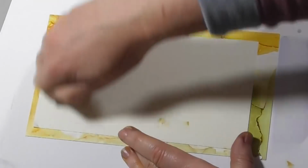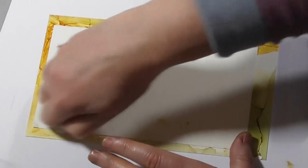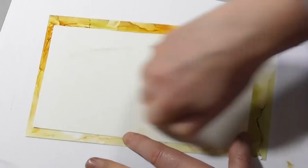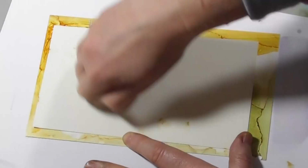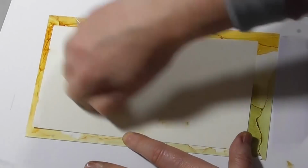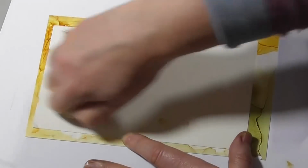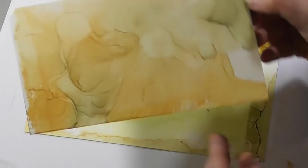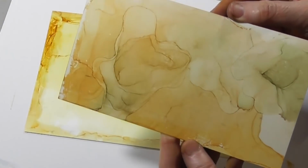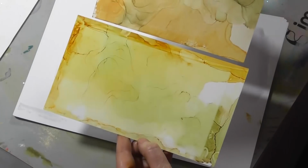You certainly don't want to keep using the brayer over and over again on top of the Yupo, because it tends to move the colour. So one or two sweeps with the brayer and that is enough. Okay, let's see what we've got. And look at that, that's transferred really beautifully. So it's got that whole design,